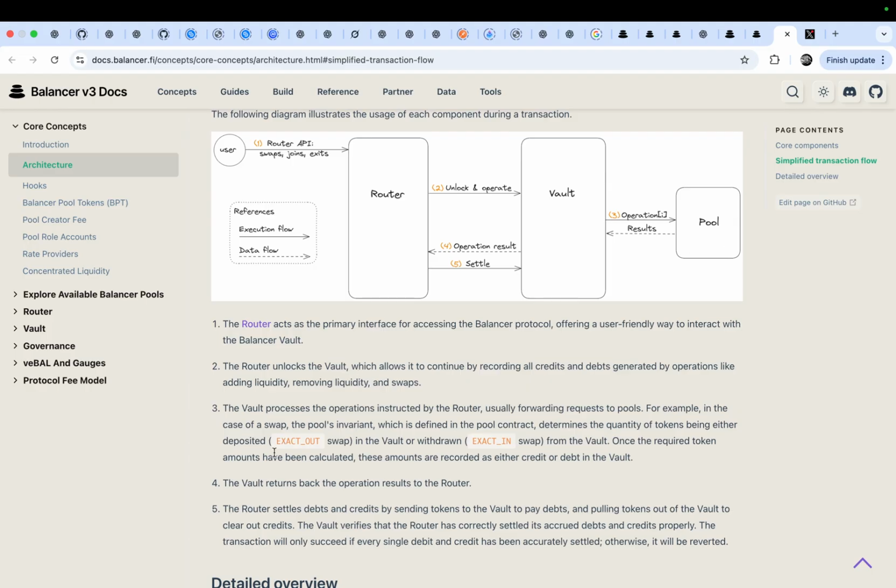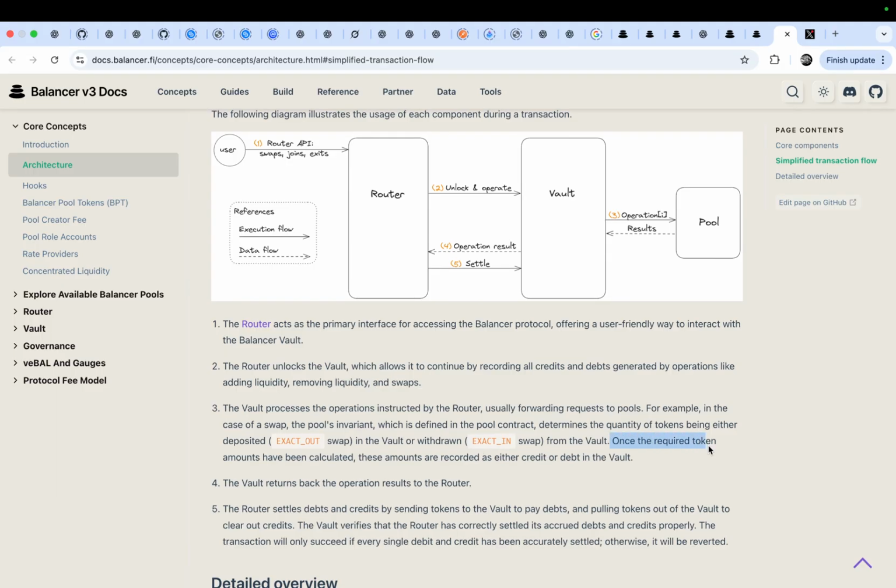So this kind of swap called exact out means the token will be out of the vault, and withdraw means you can withdraw some tokens from all the liquidity in the pool, and the vault will receive some tokens. So this means exact in swap.